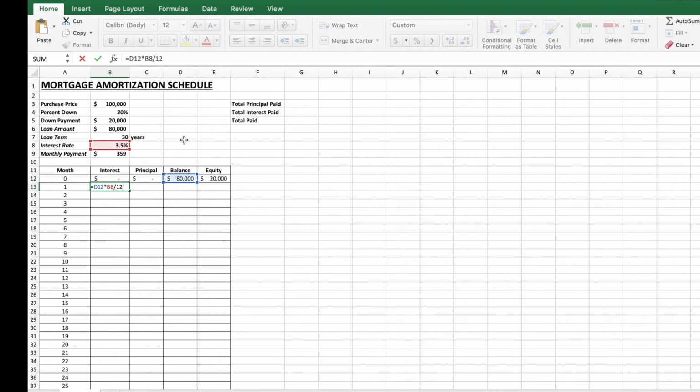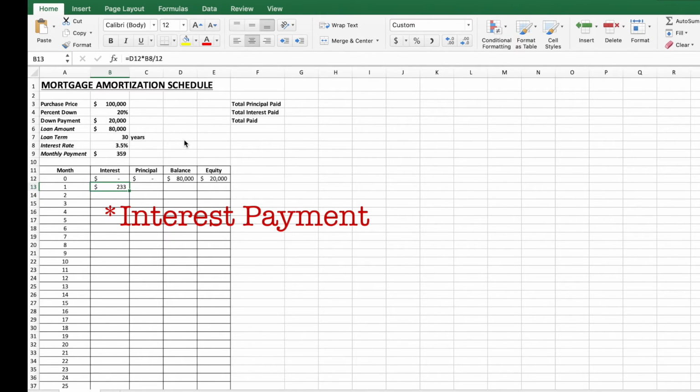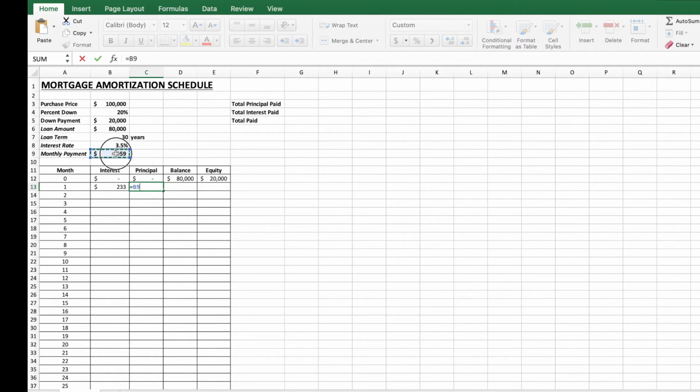Because again, your interest rate is an annual interest rate and you're focusing on months versus years. So you press enter and there you have it. That's your interest rate. Now the principal is similar, except it's your monthly payment minus the interest that you paid. So that means that out of your monthly payment in the first month, you paid $233 of interest and $126